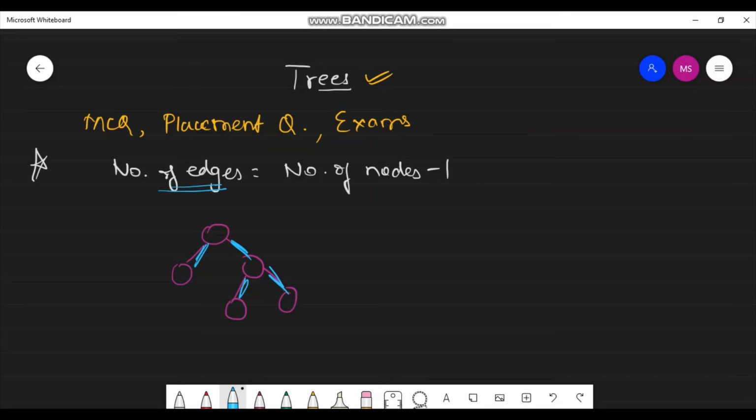Okay, you can observe how to know the number of edges. We just need to know the number of nodes. So here 1 2 3 4 5, there are 5 nodes, minus 1, is 4. You can see, yes, there are 4 edges. Why is it so? Because every node has an edge around it. See, for this it is this, and this for this. But for the root it is not there, so we are minusing 1 here. You can just remember it like this.